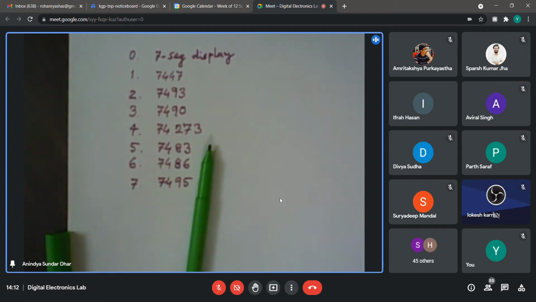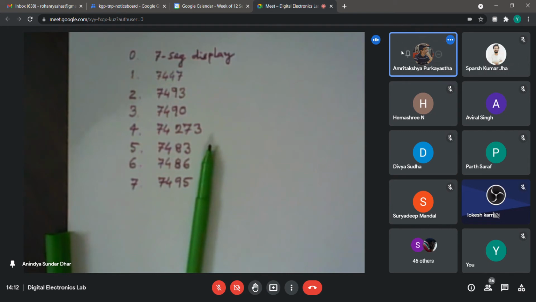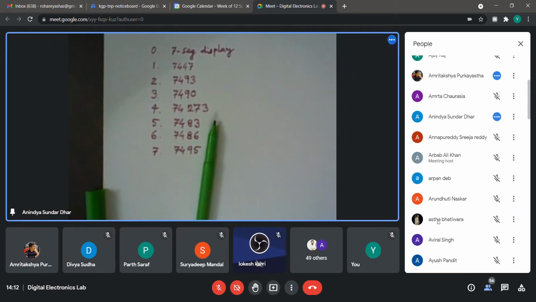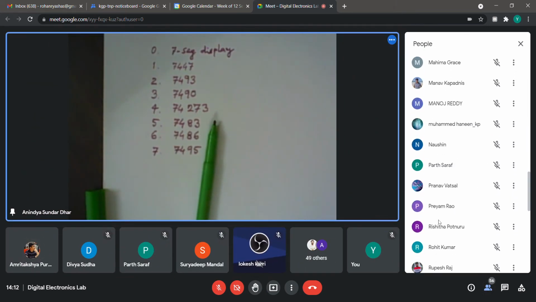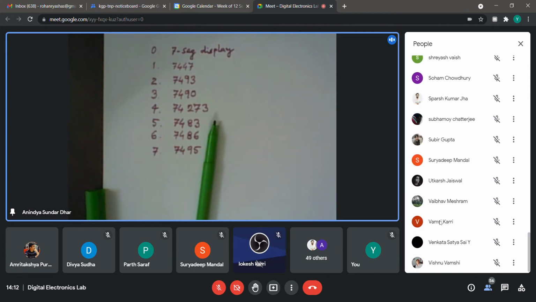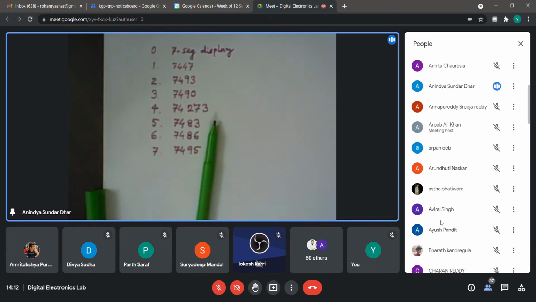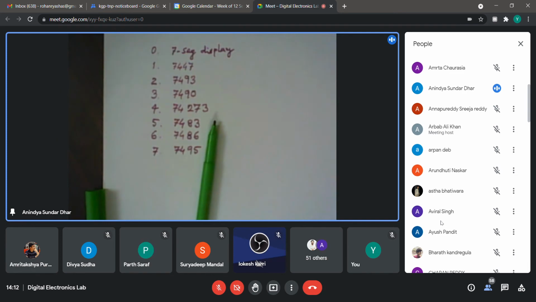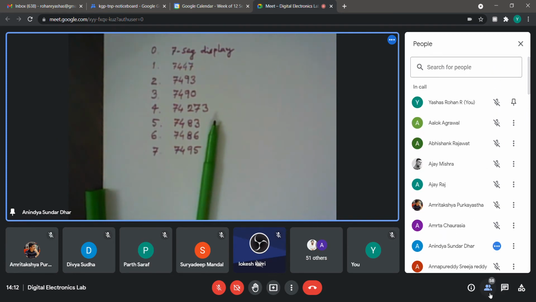There was actually an experiment which we have skipped. If time permits, sometimes we will go for that. If you already have something, I mean your simulator, it's a decoder, right? 183 is not really a decoder. Anybody who is using the simulator right now can tell me what it is.